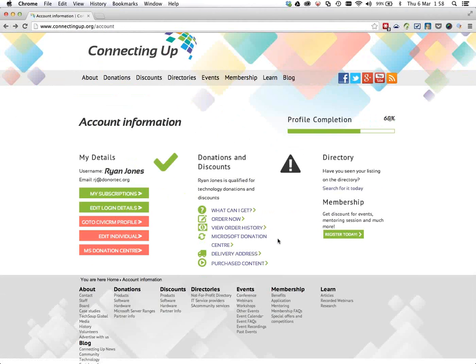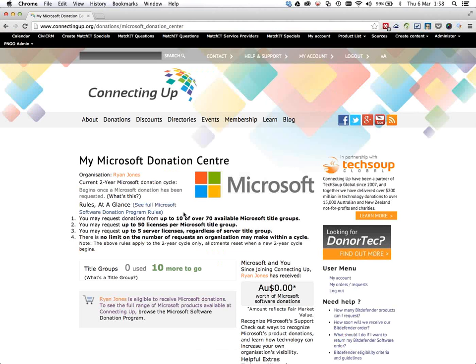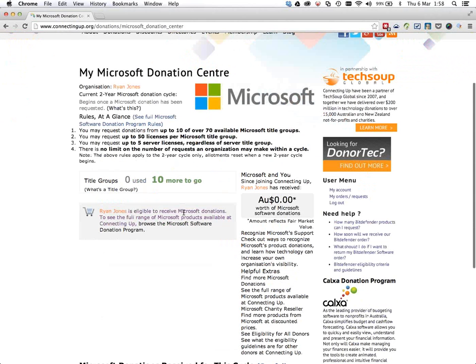Now, if you've already placed some Microsoft orders and you find the Microsoft guidelines a bit confusing, if you click on this link here for the Microsoft Donation Center, it'll take you to a really helpful page which shows everything to do with your Microsoft donations. So how the Microsoft Donations Program